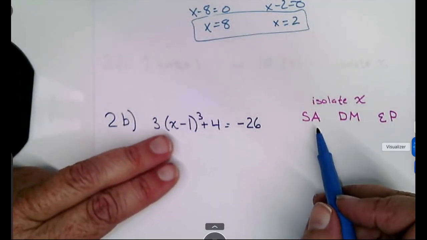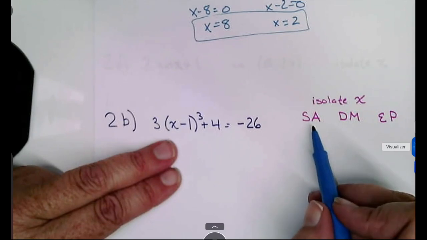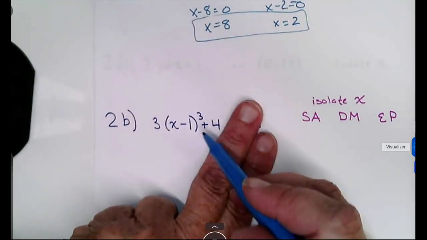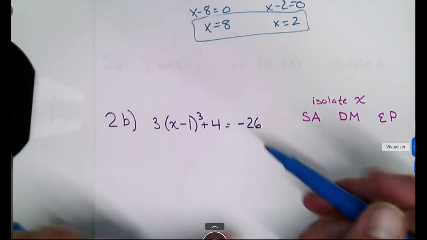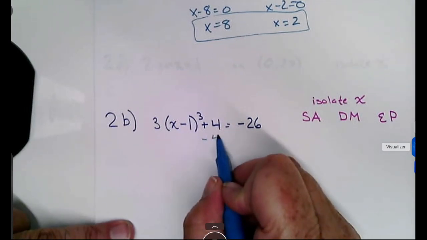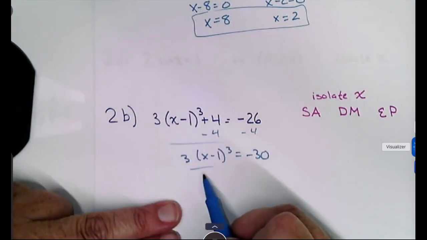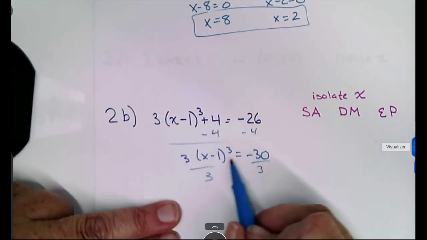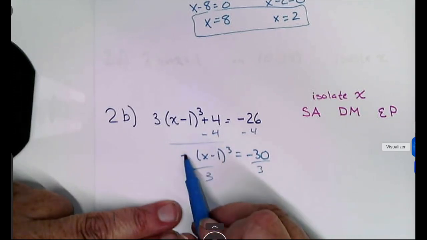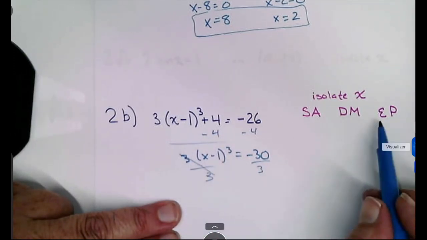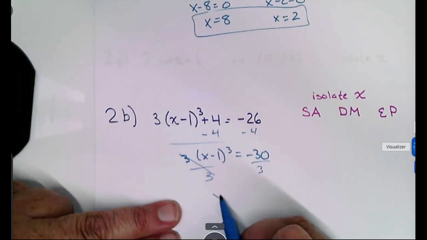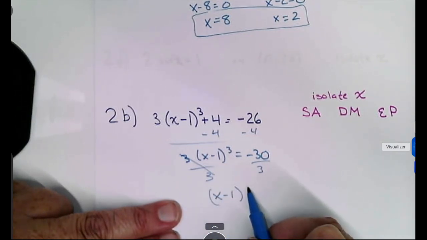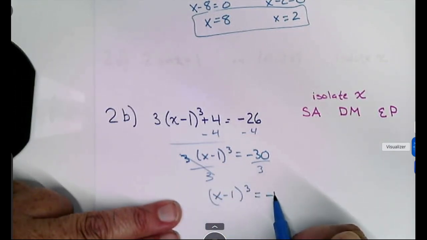So what I want to do is get all my x's on the same side. So that 4 is added. So I'm going to get rid of that first because of the add/subtract, using inverse operations. Then the 3. So I divide both sides by 3. The biggest mistake people make here is they try to cube root first, but this comes before exponents. So now I have (x minus 1) cubed equals negative